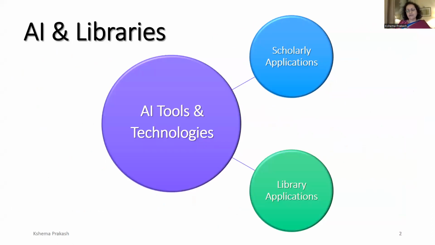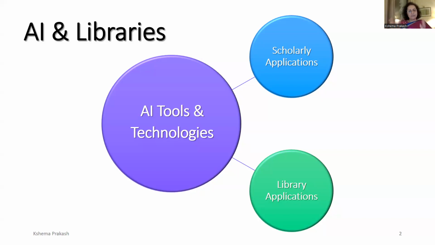I share whatever my previous speakers and my co-panelists have already expressed. I share the same ideas, and I resonate with them. As I said in the very beginning, I see AI tools and technologies in two dimensions. One, which are applicable to scholarly applications, like for the use of academicians, for the new generation of researchers, the newly admitted PhD students, or those who are just starting off their academic journey as researchers. Those can be the publishers' tools or those which are already available in the public domain.